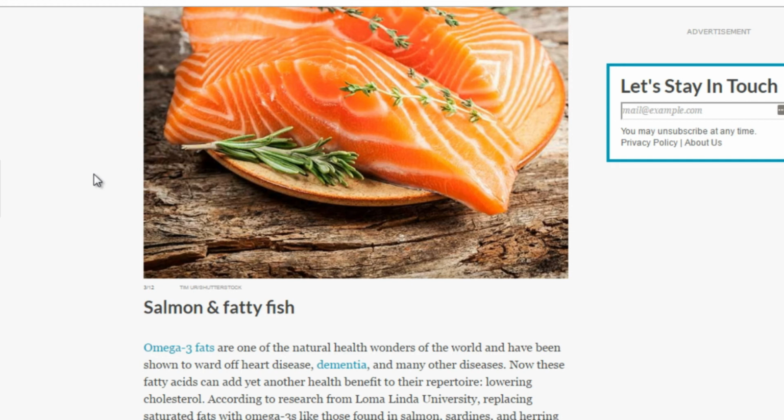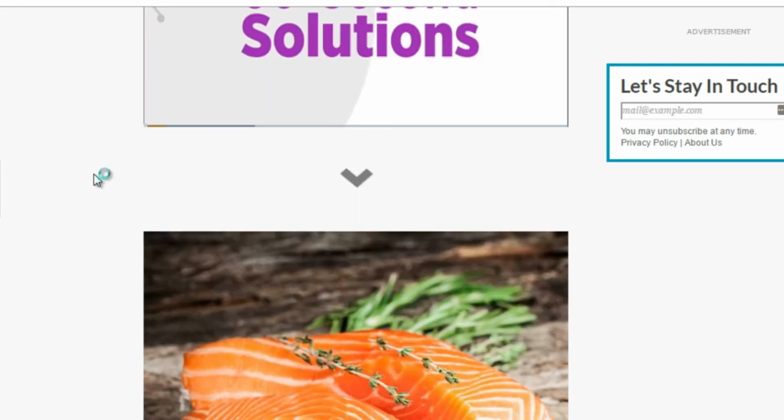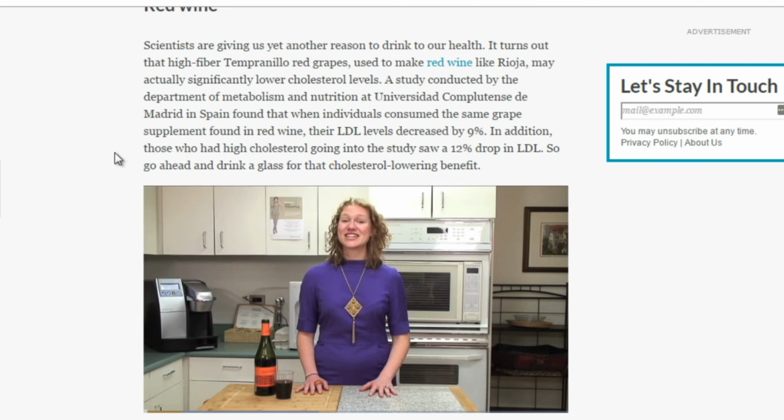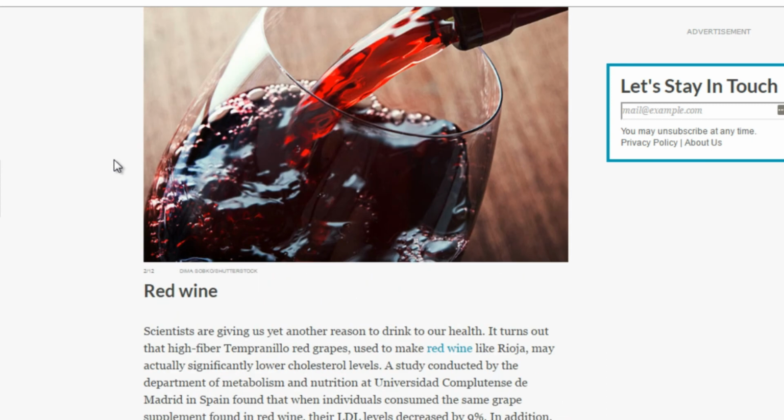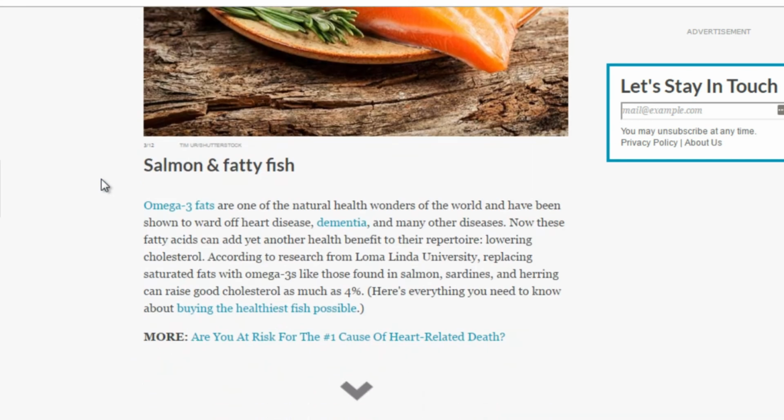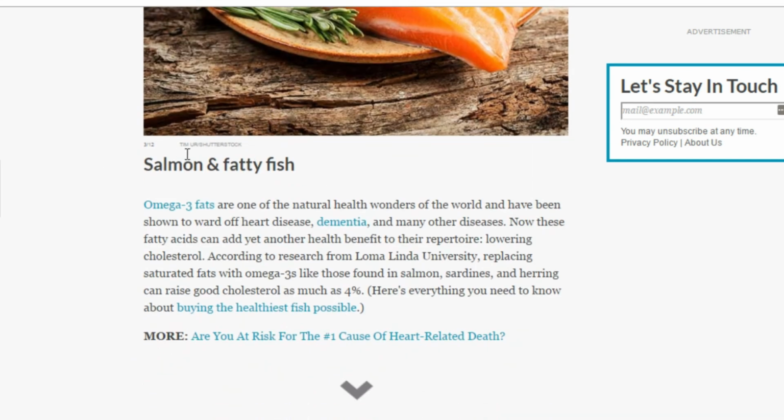Because obviously the more specific it is, the more interesting it is sometimes, but at the same time, a lot of times it'll actually boost your authority simply because people feel like, okay, you've actually focused in on very, very specific details. So instead of saying the top 12 different foods that lower cholesterol, what you can do here is say, for example, fish. You can say the top 10 fish that actually lower your cholesterol,